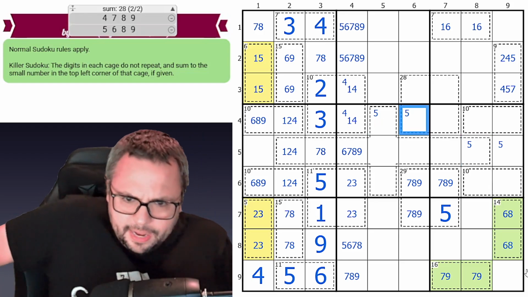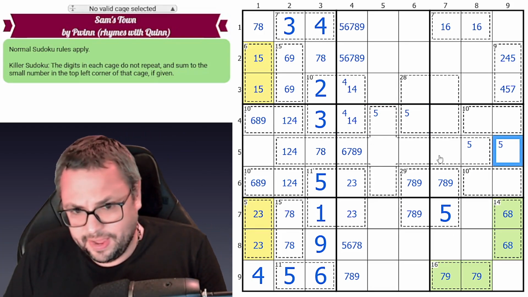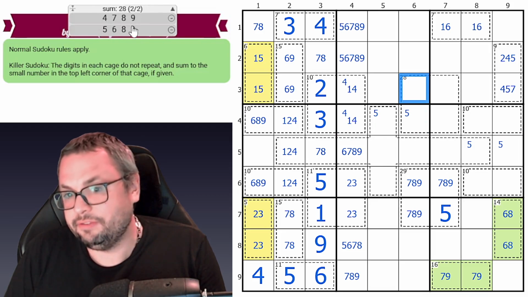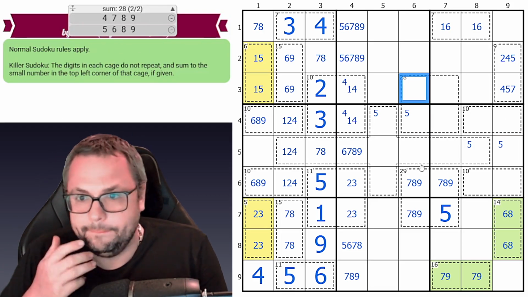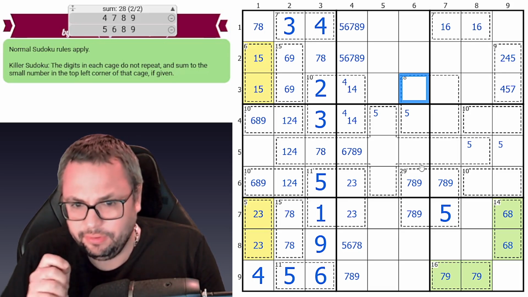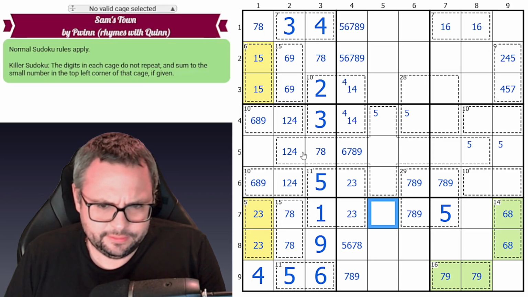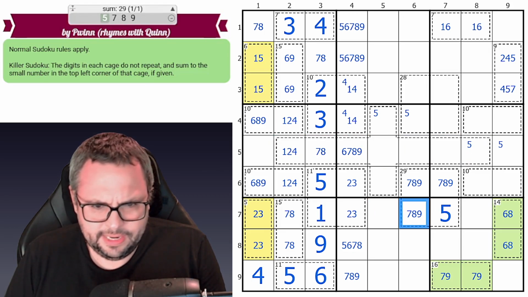But anyway, if this is 5, it places that as 5. And if this is 5, it then fixes the 28 cage as the 6, 5, 6, 8, 9 version and not the 4, 7, 8, 9 version. Okay, either way, we do know that 8 and 9 are both in here somewhere. Is there any digit that's super restricted on where it can appear in here? I don't